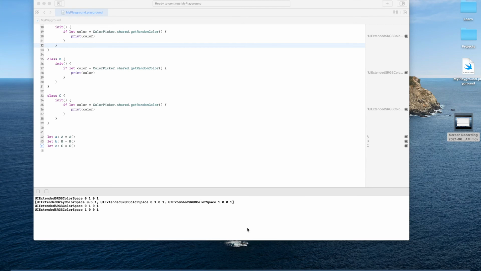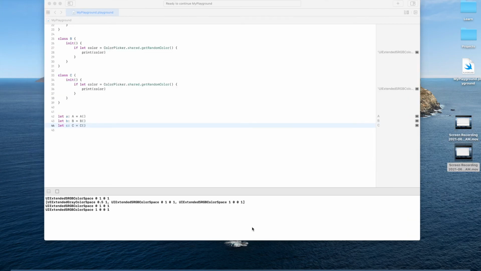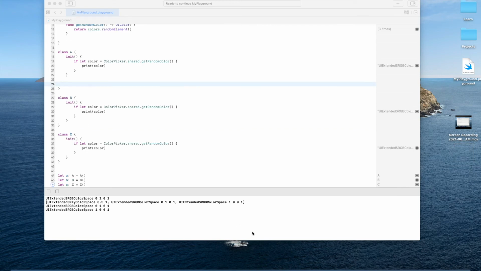Let us test this as well. What we will do first, we will add a new color to the colors array on the shared instance, and secondly, when we access the colors array in class B and class C, it will reflect whatever we have added. So let us try it out. Let us update class A by adding an add color function, and in class B and class C we will add display colors functions.